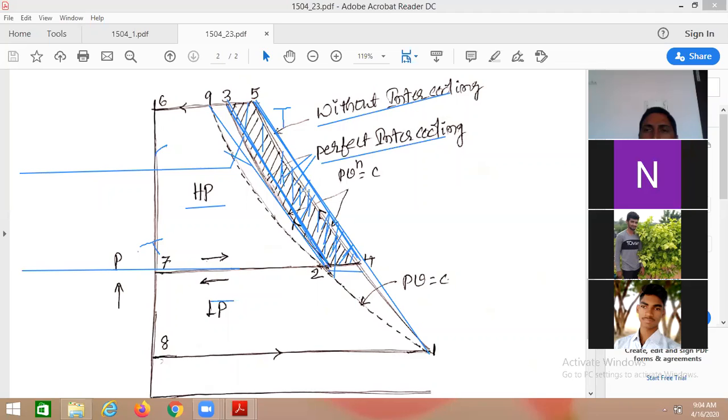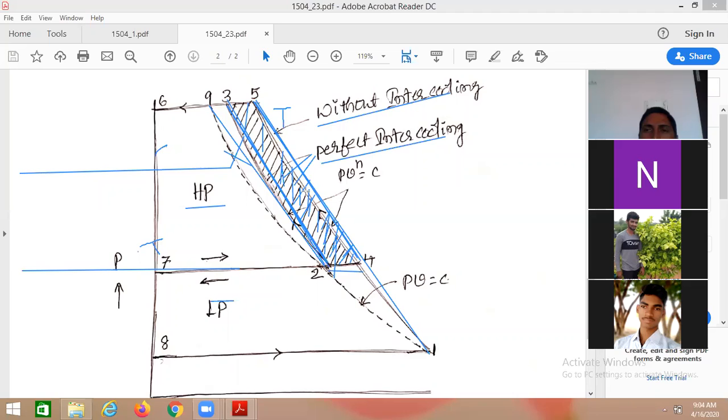Next cycle, from where to where has it commenced? From state point 2, that is N by N minus 1, P2 V2. And to what pressure does the compression take place? P3, so (P3 by P2) whole to the power N minus 1 by N, minus 1. This is the work consumed for the first stage of compression, and this is the work consumed for the second stage. Both we have summed up. This is the work constituted by the cycle 81478, and this is the work constituted by the second stage of compression.